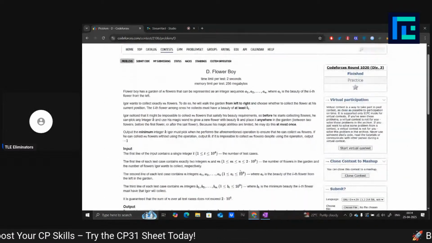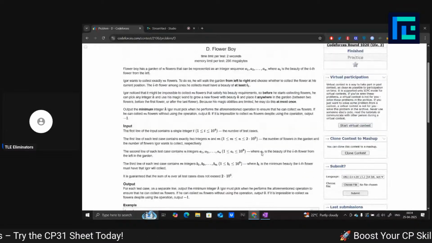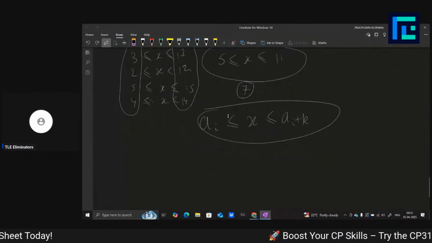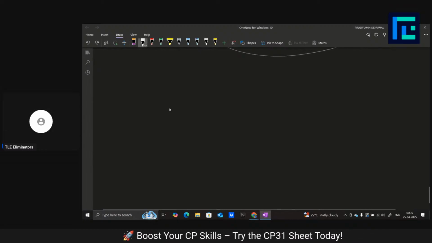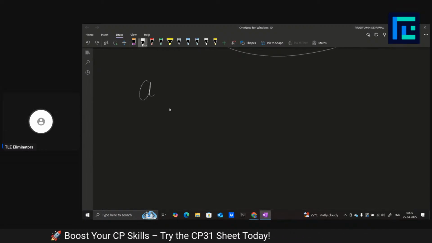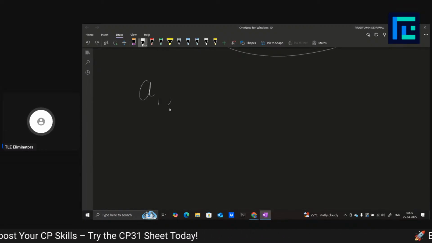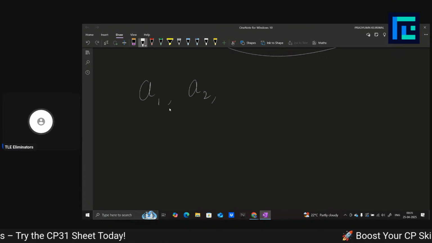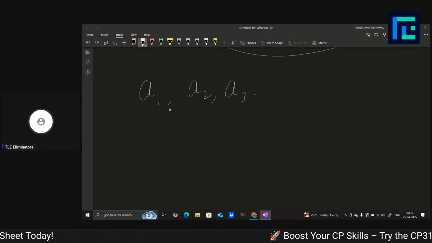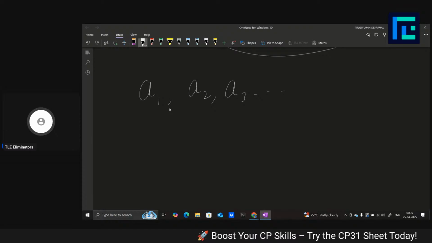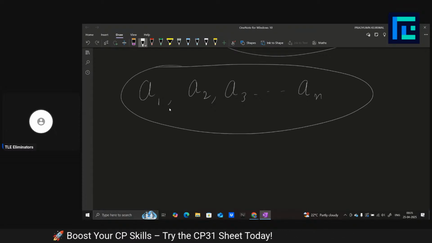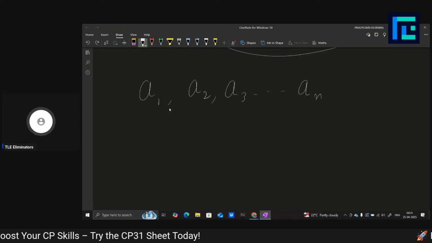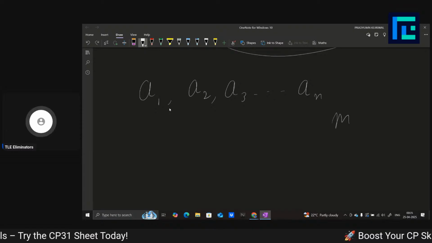Okay, so simply what we have is n flowers, right? We have n flowers of beauty ai. So the first flower is of beauty a1, the second flower is of beauty a2, the third flower beauty a3, and so on. And the nth flower is of beauty an, right? And what we want to do is pick m flowers,